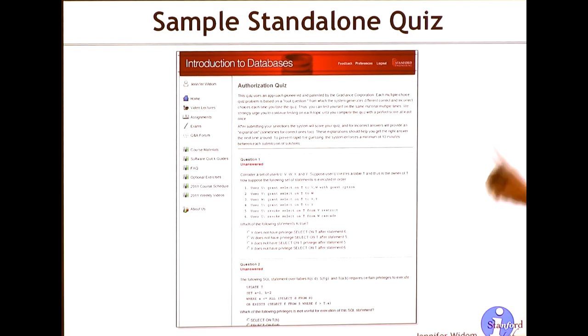One thing I want to talk about a little bit is the quizzing system that I use. These are for the quizzes outside of the in-video quizzes. Actually, for 10 years prior to my doing the MOOC, I used a system that was developed by Jeff Ullman at Stanford, which was called Gradients. And his idea was to have that, at least in the areas where we were teaching, you could create questions where you had what we called a root question that would have a lot of right or wrong answers. A lot of right answers, I should say.